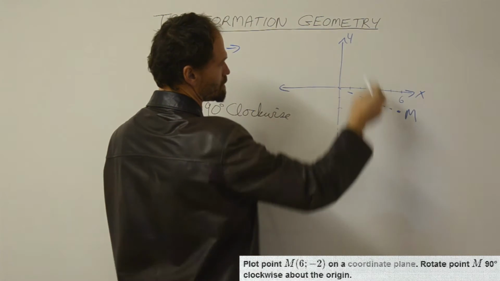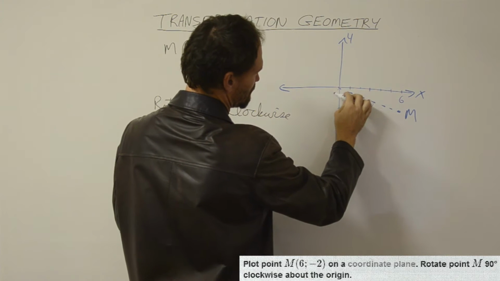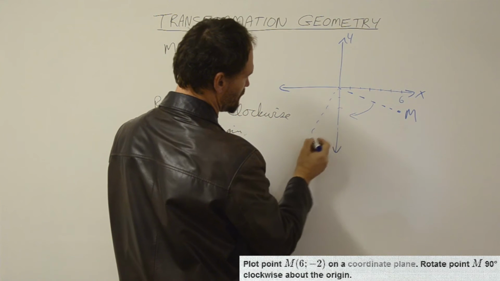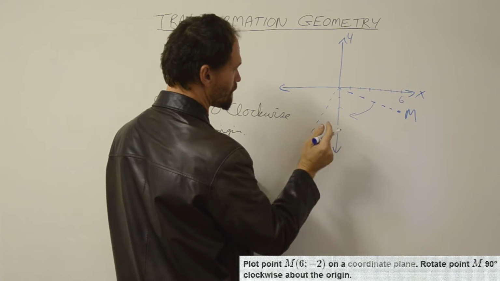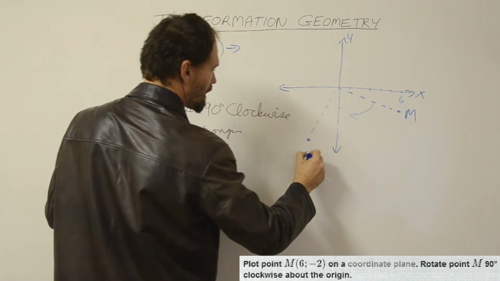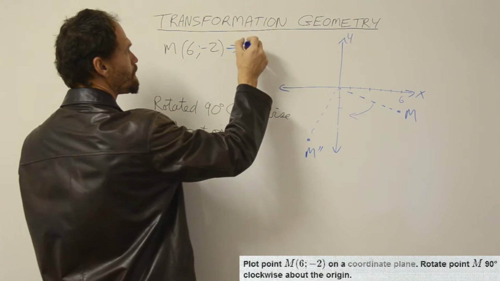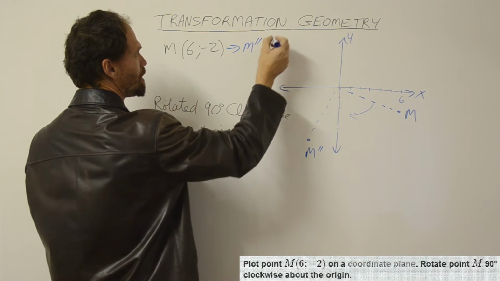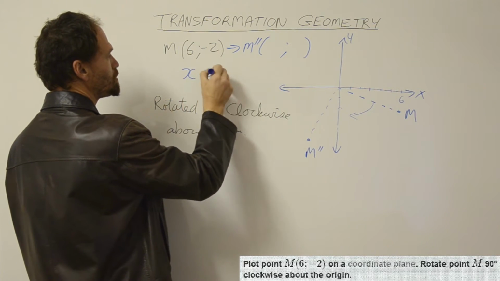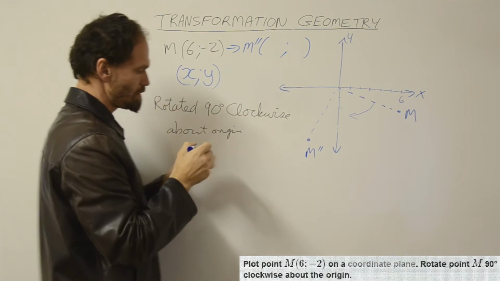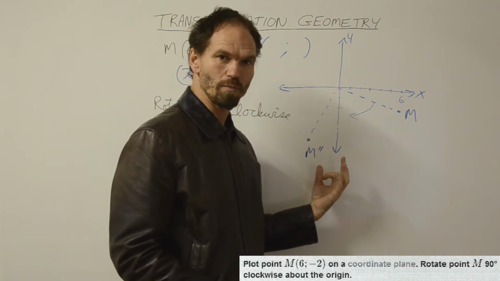Now that's clockwise, so it's going to rotate around this way 90 degrees, and I'm going to end up with a point over there somewhere. I'm going to call that M double prime. So M double prime is the new coordinate there. What I'm going to do is, as always, because I don't have a ruler to measure accurately where the points go,